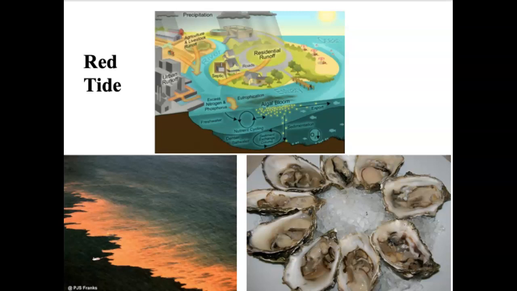Red tide occurs when there is an increase in nutrients, primarily nitrogen and phosphorus, NP, going into the aquatic ecosystem. It can come from residential runoff, most of it is agricultural runoff, and you can have some from urban and industry. But it enters the aquatic ecosystem, triggering events known as eutrophication. A massive nutrient load comes in, algae populations build up, dinoflagellates build up their population, and as their population builds,